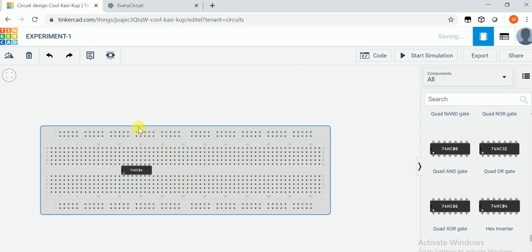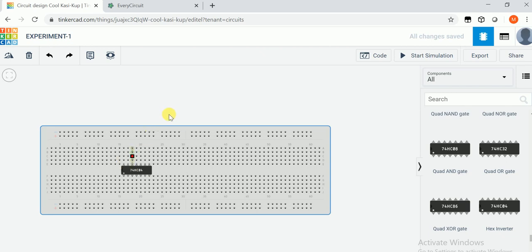You have to put this IC in the breadboard. You can see this is a 14 pin IC. Here is one notch, so you can count from here. This is input 1, output 1, input 2, output 2, and so on. The 7th pin is the ground, and the 14th pin is the power pin.